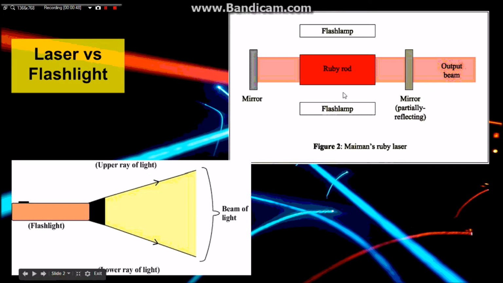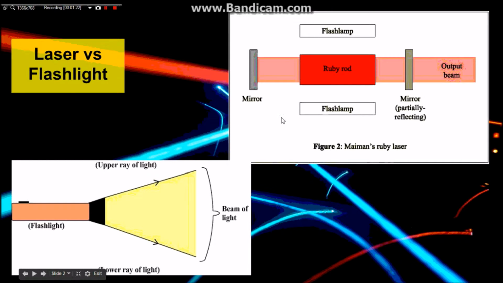It works through the flash lamp, which is basically the energy provider other than the energy coming from the batteries. Well, the flash lamp gives off photons, light particles, which is also known as energy, which is absorbed by the ruby rod. The ruby rod could also be known as the active medium. So the active medium transmits the energy at one side, so if it goes through this side, it gets reflected by the mirror,